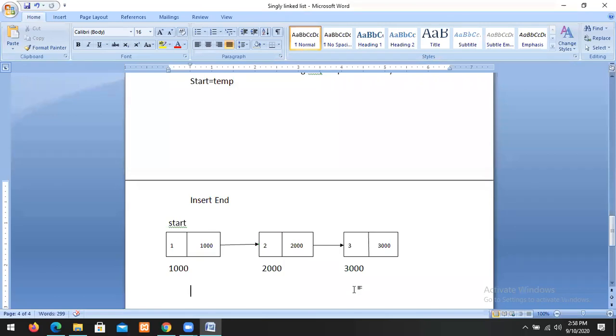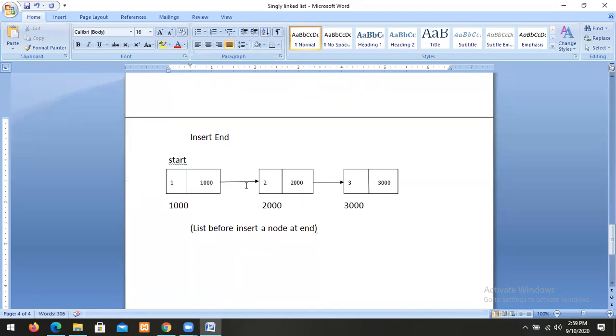This is the list before inserting a node at the end. Let us assume that this is an existing list.